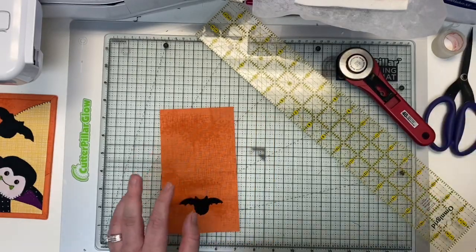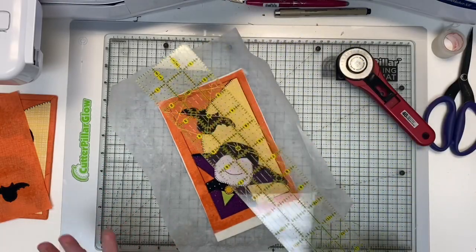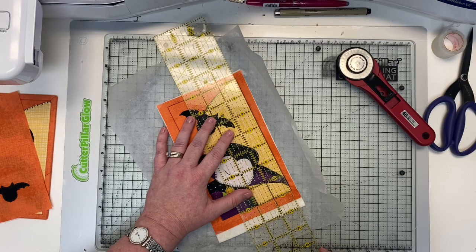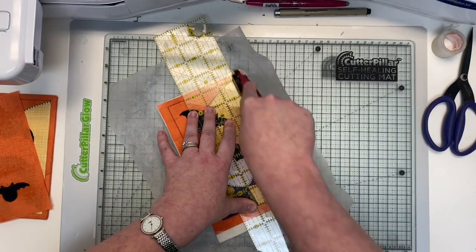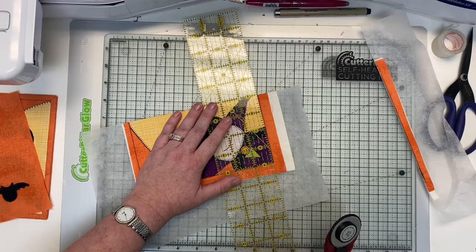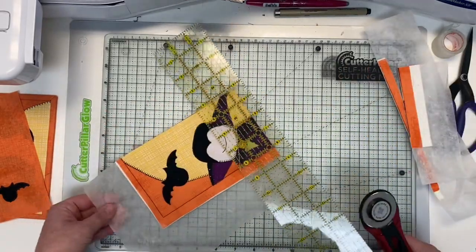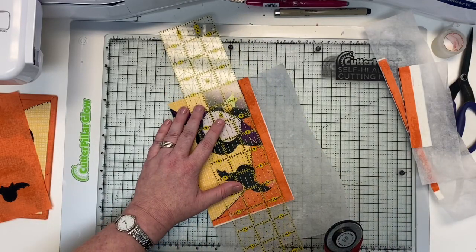This is just the live little testing. This is my first time using the Sulky stabilizer, and so everyone is getting live feedback. I guess I'm filming this, but you know, live enough on if I like this stabilizer. Are you liking it? So far, I really, really am. I like the weight of it in the hoop. I like that it's a lot more transparent than what I normally use. Yeah, it is. So far,